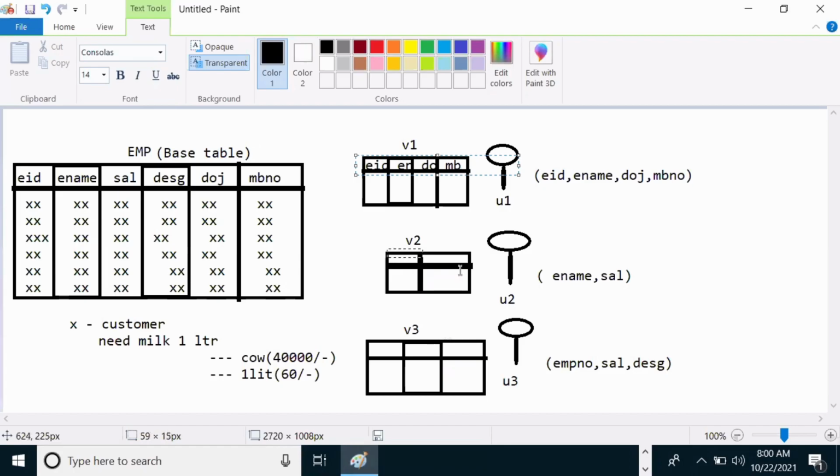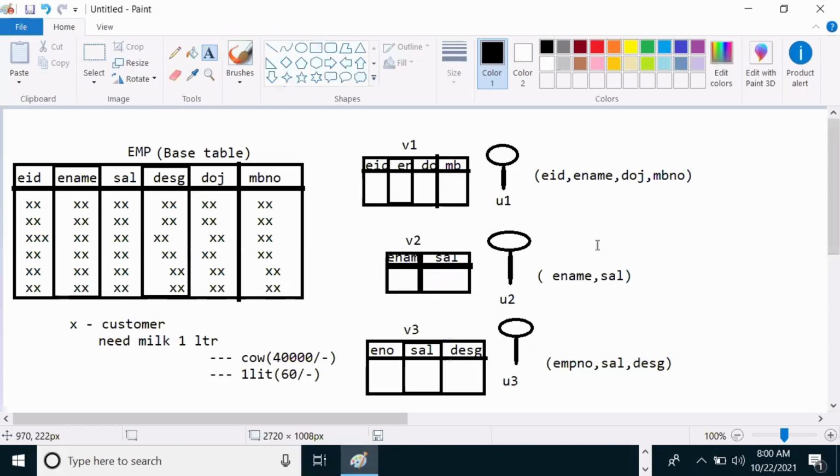The second user wanted e-name and salary. The third user wanted number, salary, and designation. After creating or preparing the views, these views are going to be shared. These views are created on what?